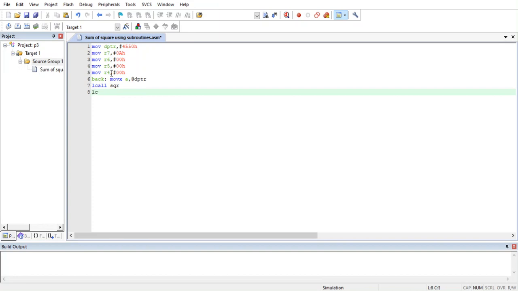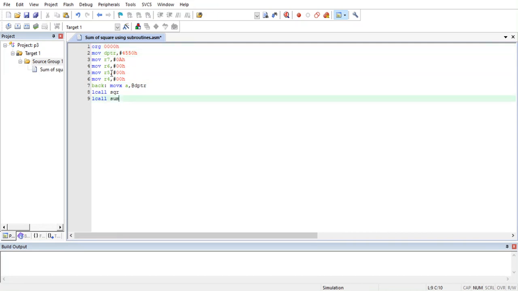So let me call another subroutine, L call sum. Okay, so we didn't write the directive org 000h. So this is the starting location from where we are going to write the program.